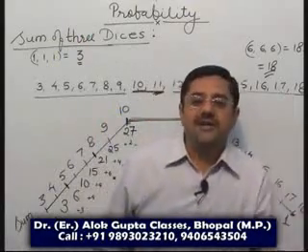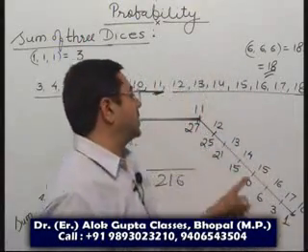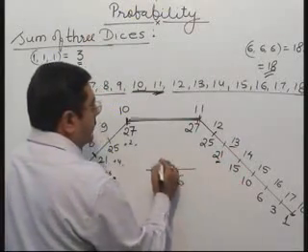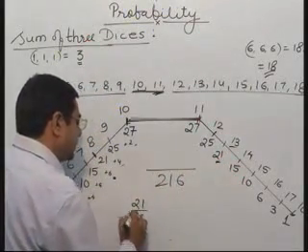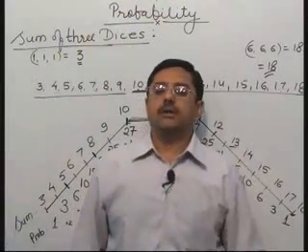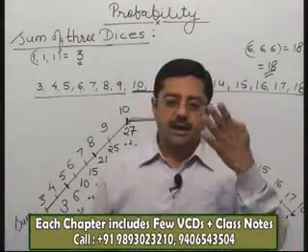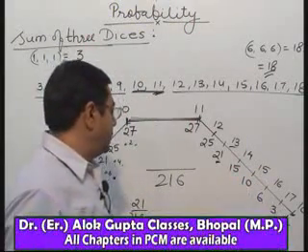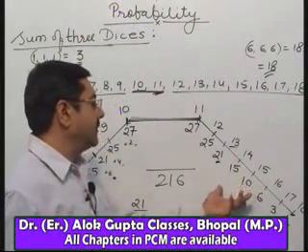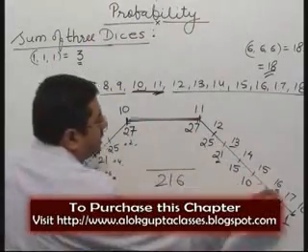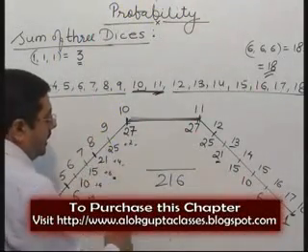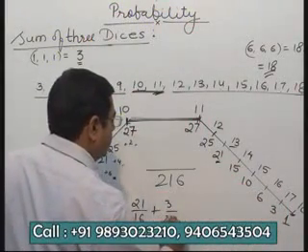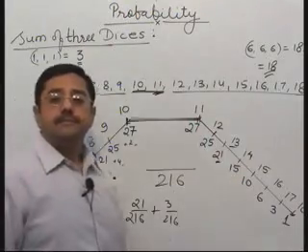Question: what is the probability of getting a sum of 13 when 3 dice are rolled? What is your answer? 21 by 216. 3 पासे फेंके जाते हैं. योग 15 आए. 10 by 216. सॉल्व करके आंसर. सम 8 या 17 आए. 21 by 216 प्लस 3 by 216. ऐड कर दीजिए. दिस इज योर आंसर.